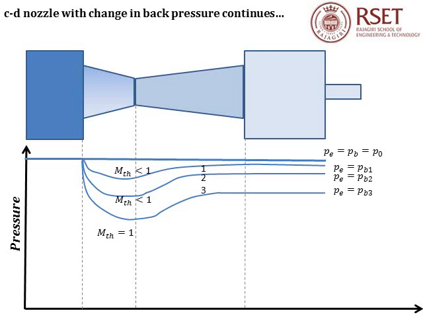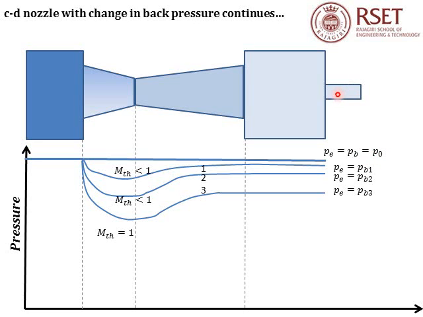Initially, when the valve is closed, the pressure throughout the experimental setup will be the same and equal to the stagnation pressure of the fluid. There will be no flow, and in the pressure versus length graph, we can represent it by a straight line. The exit plane pressure, the back pressure, all will be equal to the stagnation pressure of the fluid.